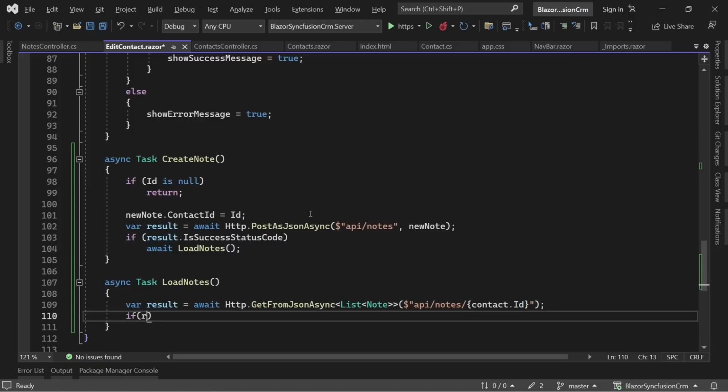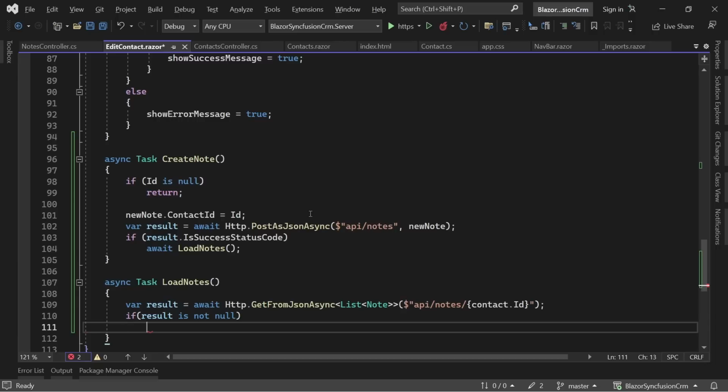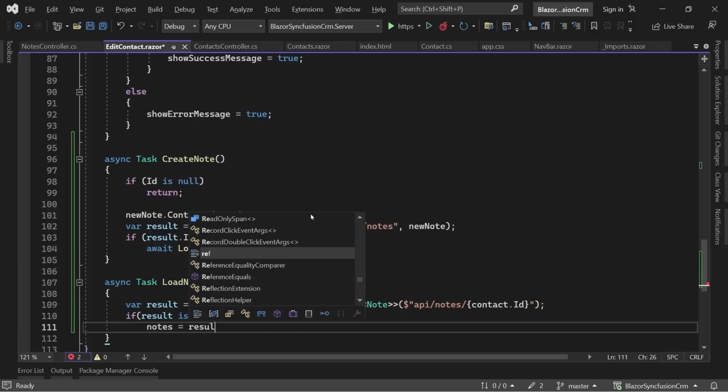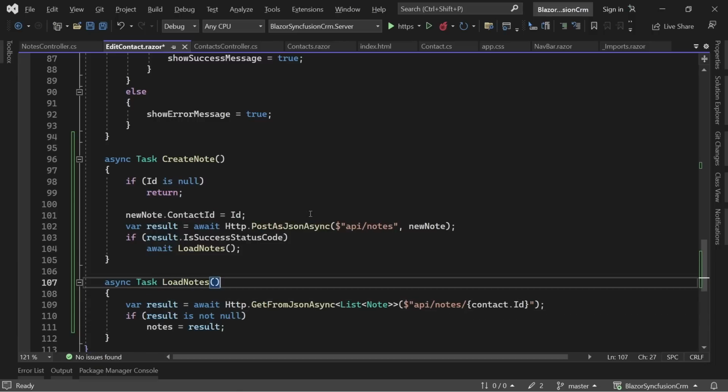And again, if the result is not null, then we set our nodes to the result. And now deleting